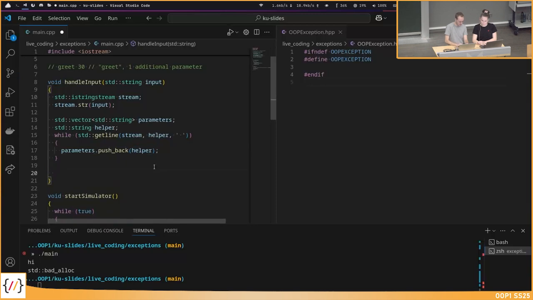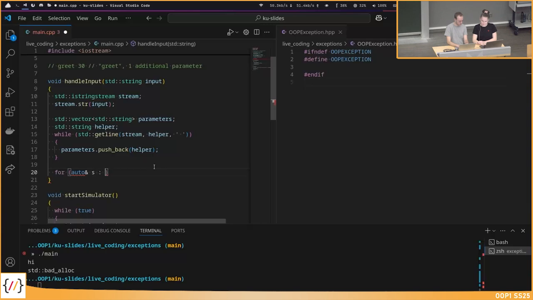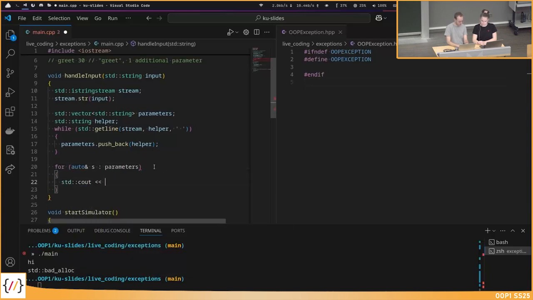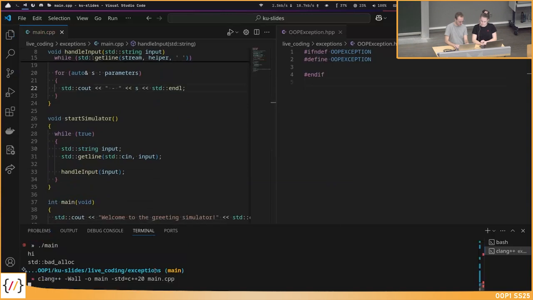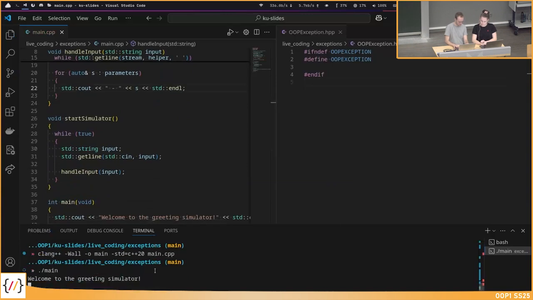So with that, maybe now let's try it. As in the parameters, maybe print s, just to verify that this works. Okay, compile. Run it, maybe 1, 2, 3, 4.